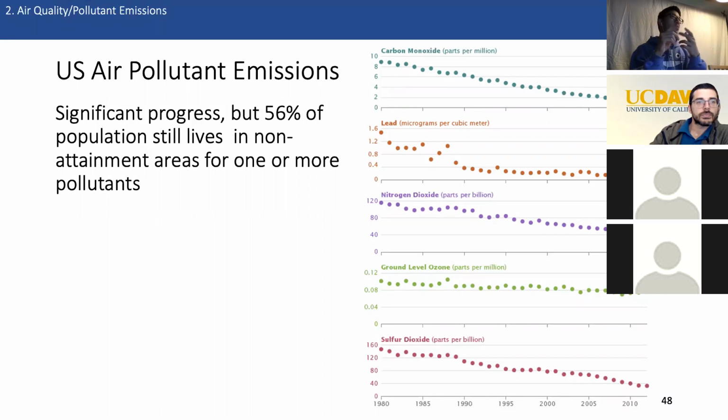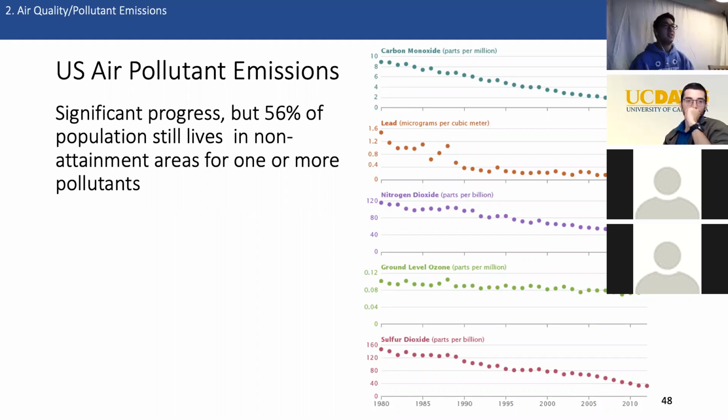So things like carbon monoxide, lead, nitrogen dioxide, ozone, sulfur dioxide. Some of these can create volatile organic compounds, which are bad for your lungs. Sulfur dioxide can create acid rain. So a lot of these pollutants are now heavily regulated,